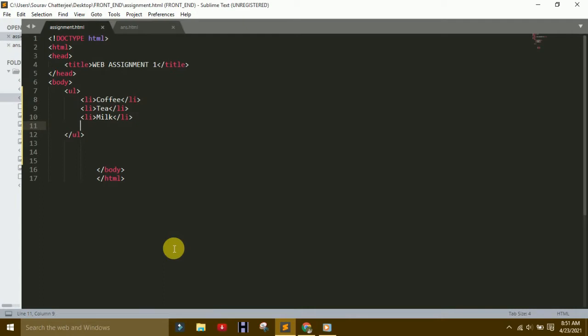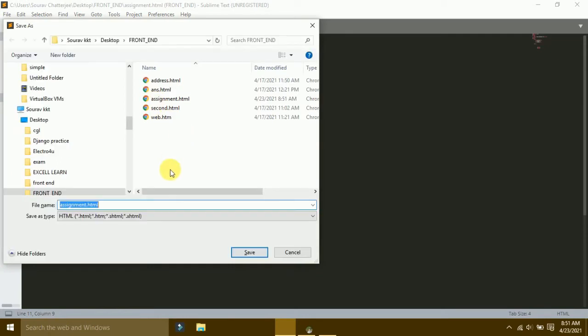So first Control S to save. What is the name? Assignment. First I change the name here. How to change the name? Control Shift S. I think all of you have completed the assignment, the last assignment that I gave. If you have not completed the assignment, please complete it, because without that knowledge you can't follow this HTML lecture.